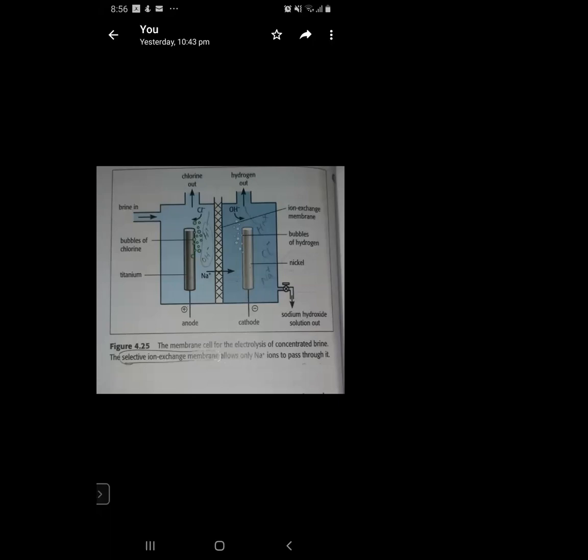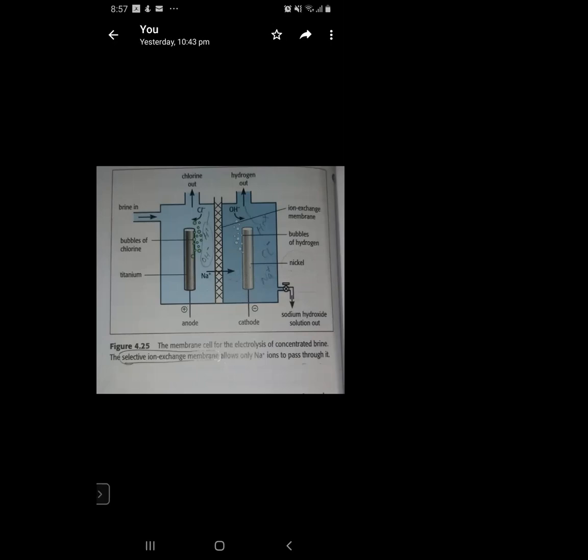The electrode they have used is titanium, because titanium will not react with the chlorine. By the way, titanium is used for the anode. Why? Because titanium would not react with chlorine, because chlorine is the product released at the anode, whereas the cathode is made of nickel. I don't know why they have used nickel. Maybe because nickel doesn't react with hydrogen. I have no idea. I tried to search on it, but I couldn't find the answer. If you want to try that out, find out why nickel is used as a cathode.